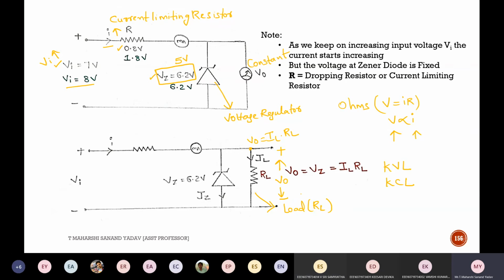RL. Okay, here this Vout and VZ, they are connected in series or parallel? Parallel. So as they are parallel, Vout is nothing but VZ. So we got Vout is IL into RL. I can write it like this: output voltage, which is nothing but Vz, which is nothing but IL into RL. The condition for this Zener is that the voltage should be greater than Vz so that it will turn on, otherwise it is the same as a PN diode.